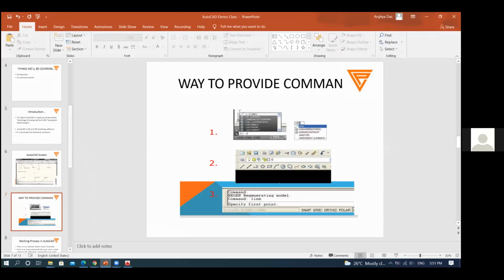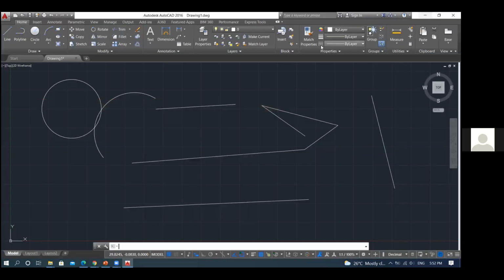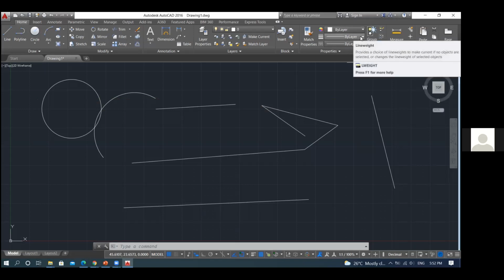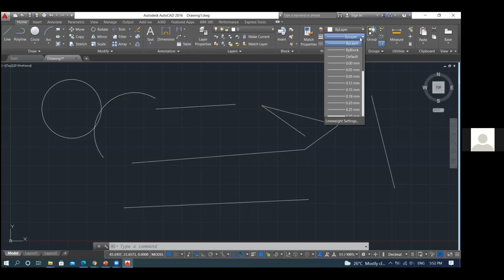Another thing is that you can also draw lines. Here you can see some layers, which will help you draw. And see, if you click here, you can see that if you want to